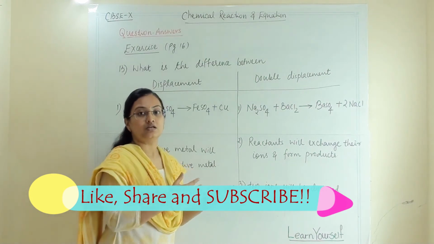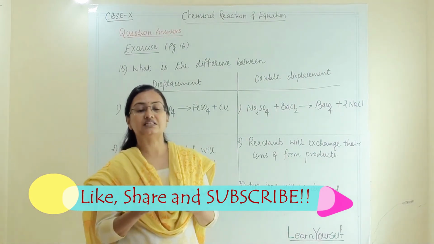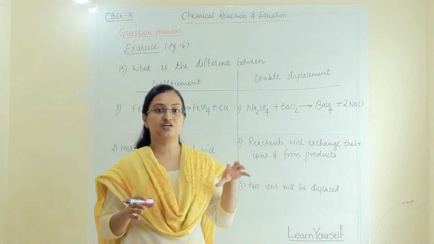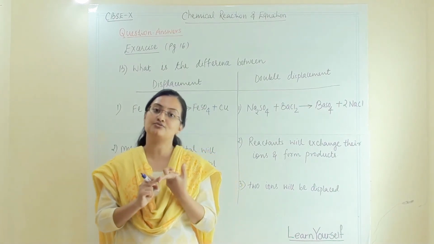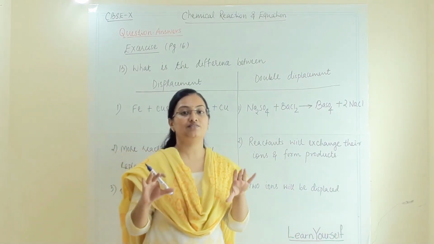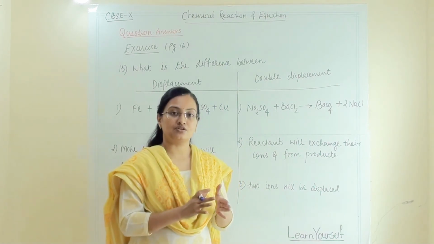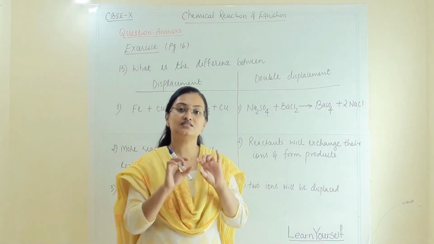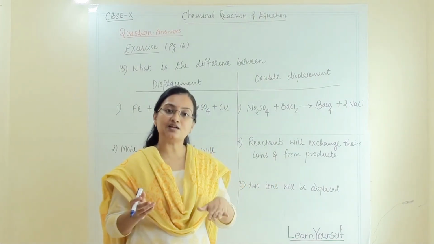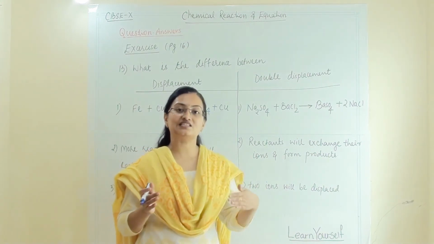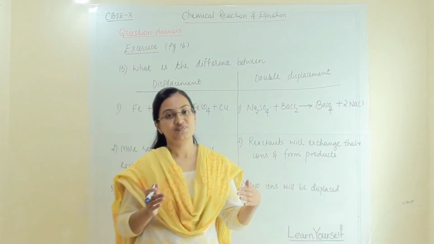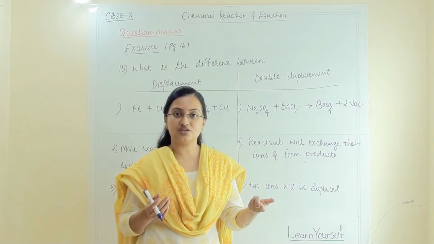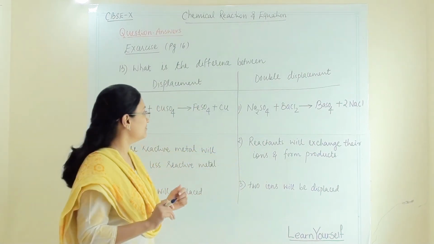Whenever you will get a question like this, that give us a difference between decomposition reaction and combination reaction, displacement reaction and double displacement reaction, first point you have to write is to explain that reaction, what is happening in the reaction, that 1 ion displacement is happening, 2 ion displacement is happening, and there its definition you have to write. And in the second point you have to mention one example for that kind of reaction. And if you know, then you can write a third point for any additional information, otherwise 2 points are well enough.